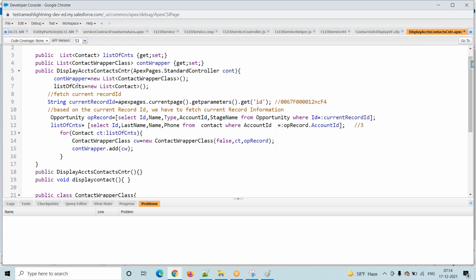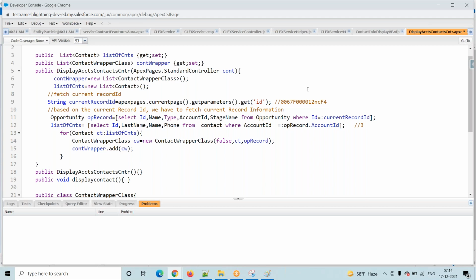That's why we did not create an instance there, but here we should create. SOQL directly returns a list, so that's why we didn't declare it as a list. Whereas this variable is not returning a list, so we declare it as a list, allocate the space, and add to it.